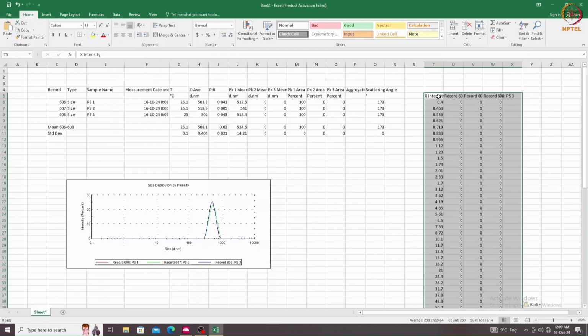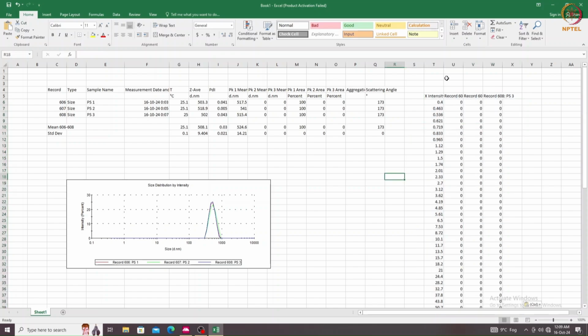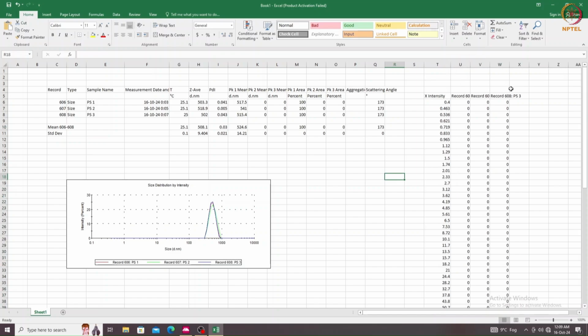After that, you can use those values to plot in different softwares, like Origin.